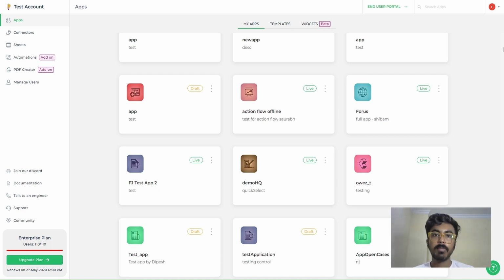Hello everyone, welcome back to another session of Masterclass, and today's session is called Detailed Platform Walkthrough. In this session, I'm going to show you all the features and functionalities of our platform DronaHQ, as well as